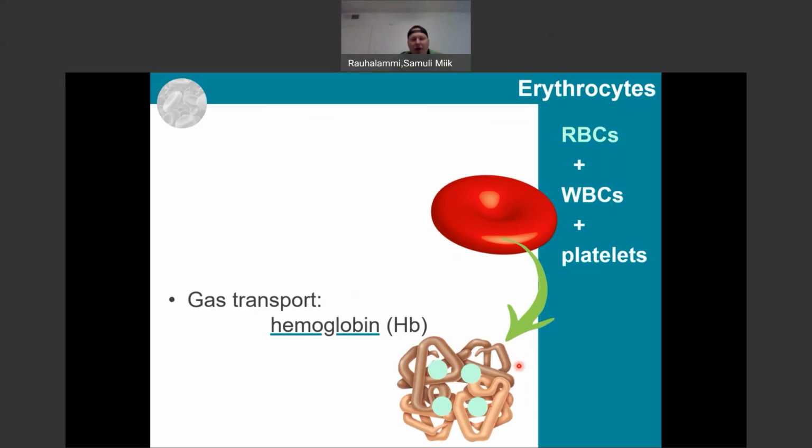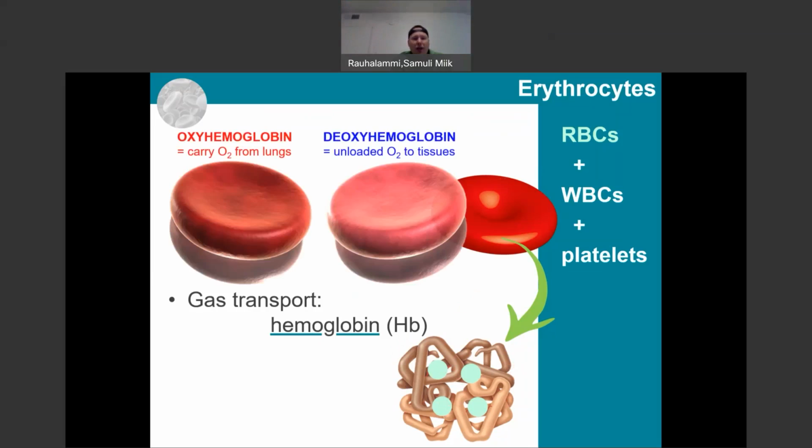So that's why carbon monoxide poisonings are such a big issue for us. Each of the hemoglobins carries 4 oxygen atoms, and if we look at the color that hemoglobin then gives to the red blood cell, this color is going to be really useful for us,